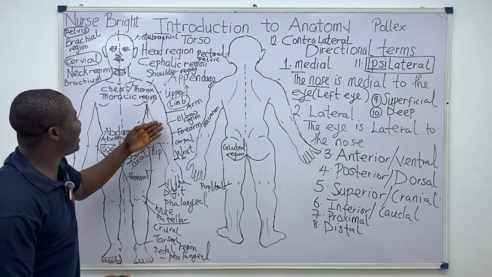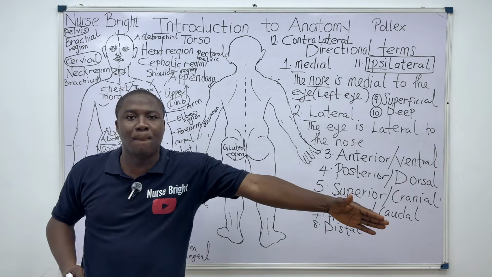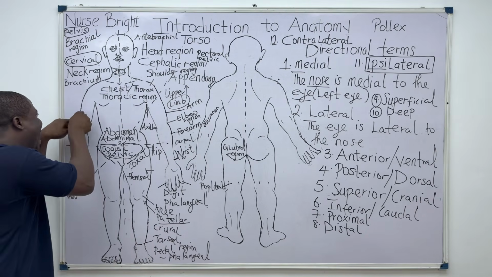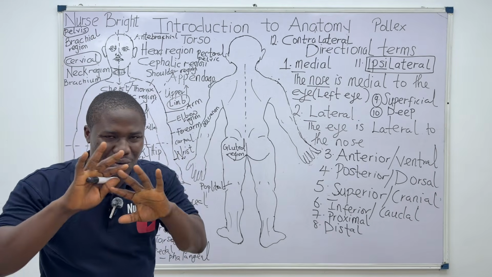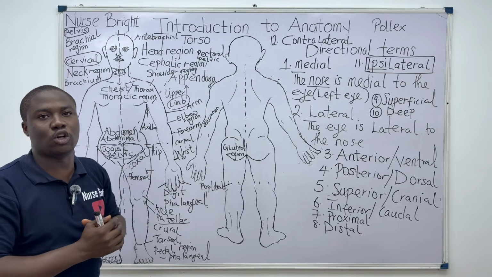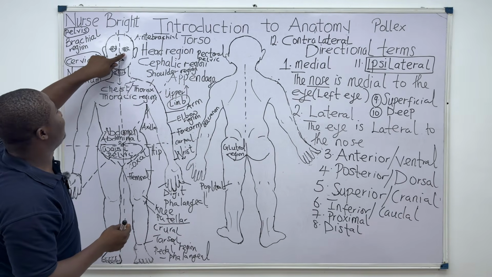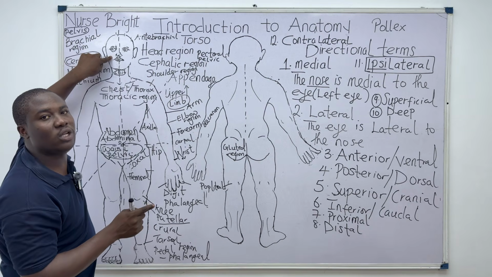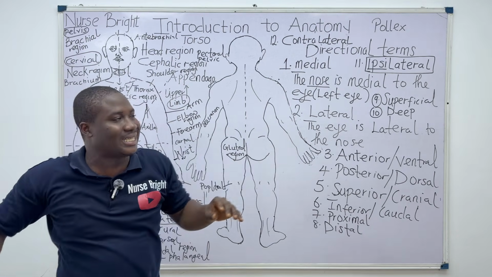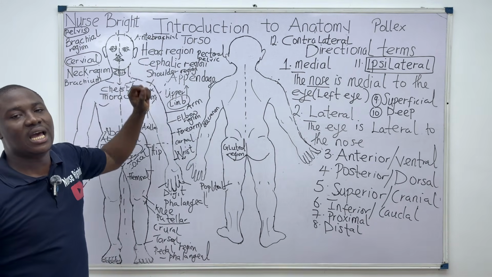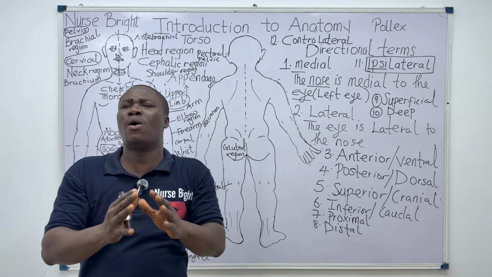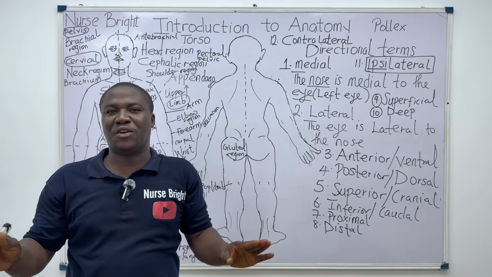So basically, looking at the left arm, this left arm is contralateral to the right arm. Are you there? You can see, because this is the same region of the body. Looking at the left eye, it is contralateral to the right eye. You understand? Looking at the left ear, it is contralateral to what now, the right ear. You can see how it works, and it is not difficult at all.